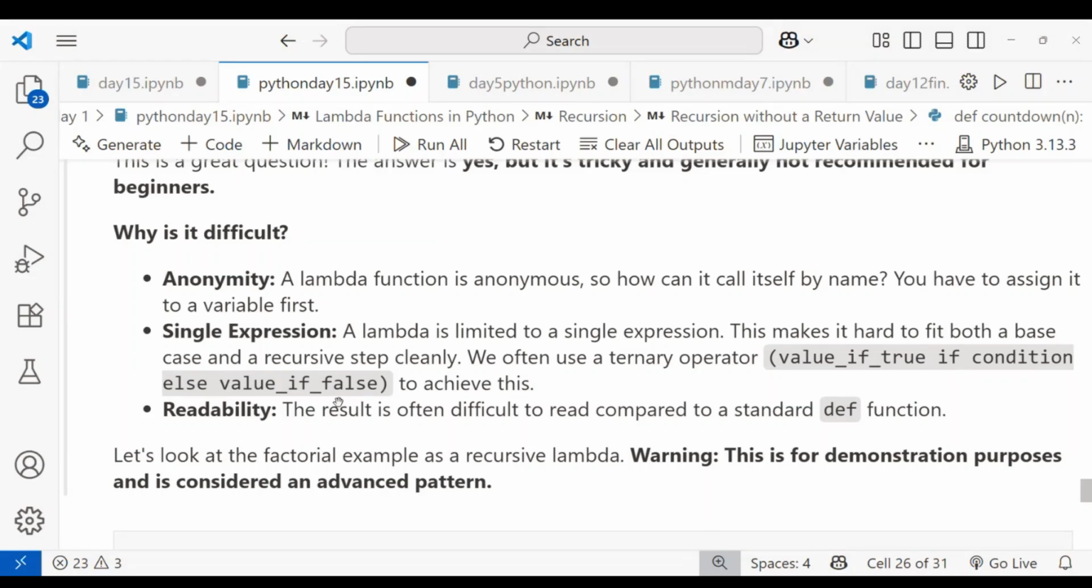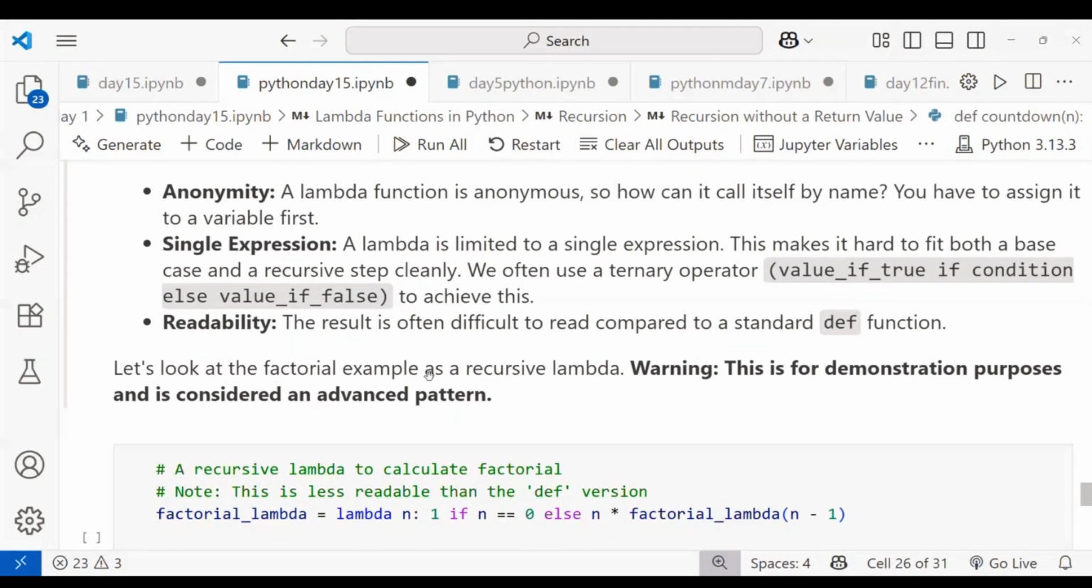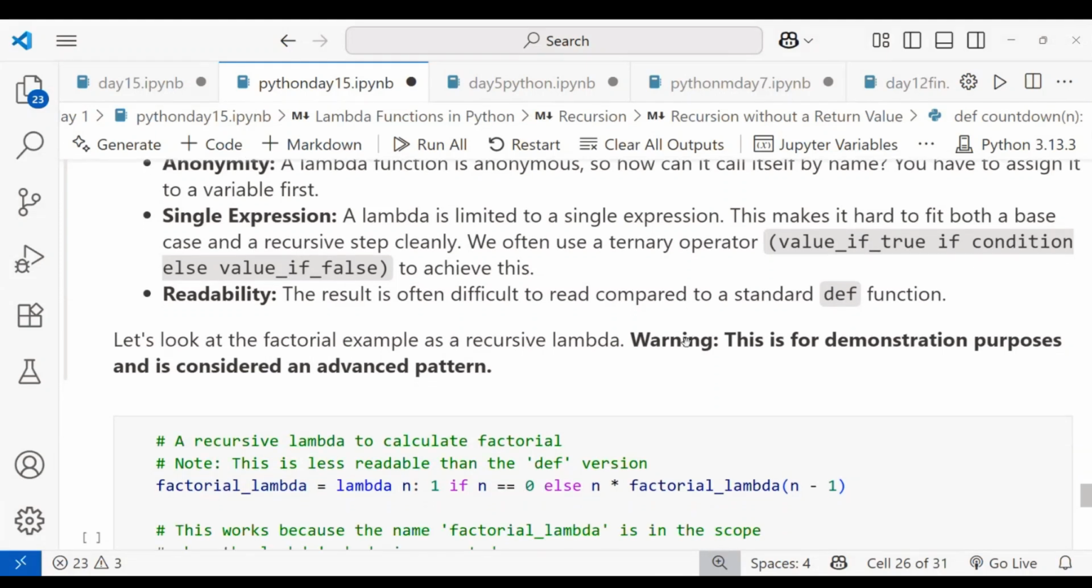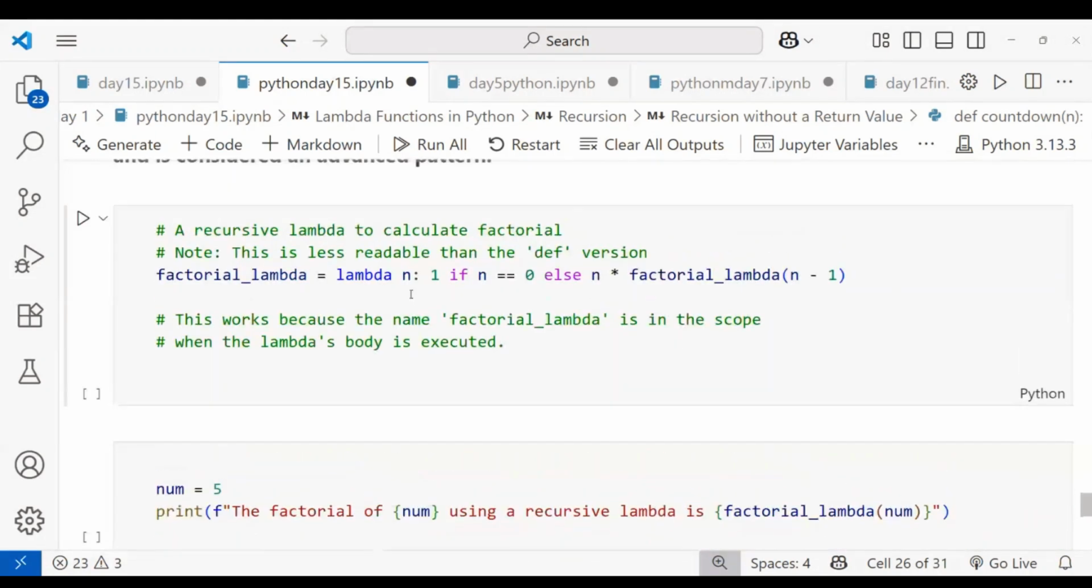Okay, when you use recursion in a lambda function, readability is often worse compared to a standard def function. Okay, let's do one thing. Let's do the factorial, same thing, using a lambda function. In an interview, if they ask you to write a factorial program, it is your wish; you can write it any way. But if they specifically mention using lambda or using recursion,